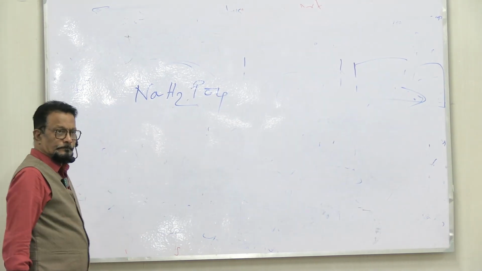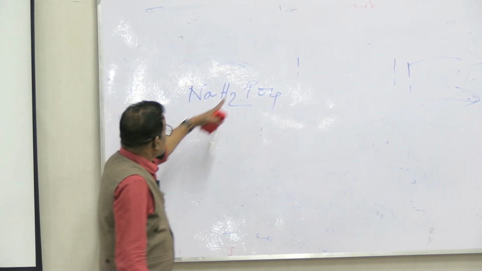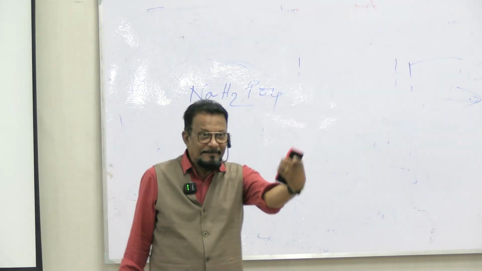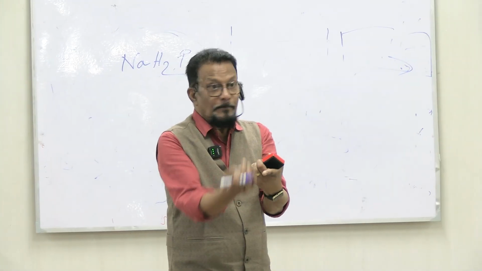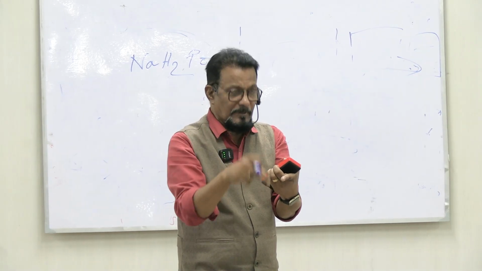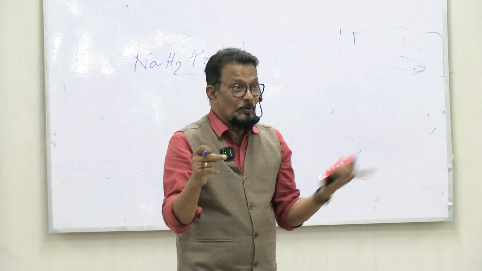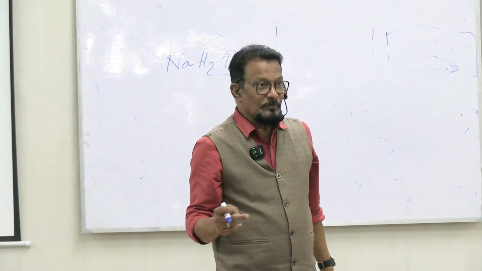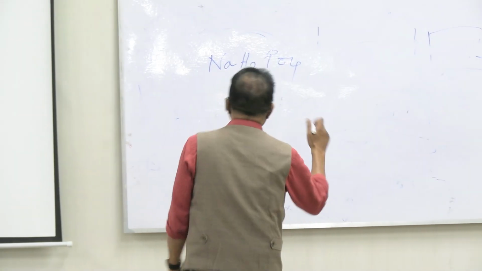NaH2PO4. This is the acidic component. One of the hydrogens can be liberated whenever needed. So if my pH has to be brought down, suppose pH is increased, meaning it has become alkaline. So it will donate, it can liberate hydrogen ion. It can liberate hydrogen and maintain the pH. Another component is